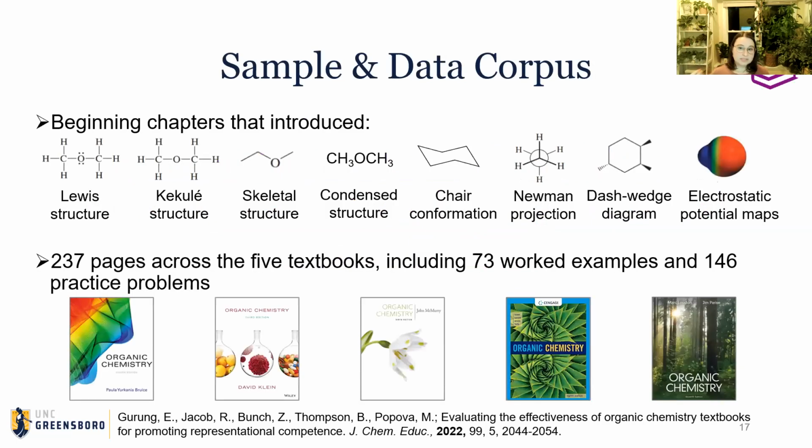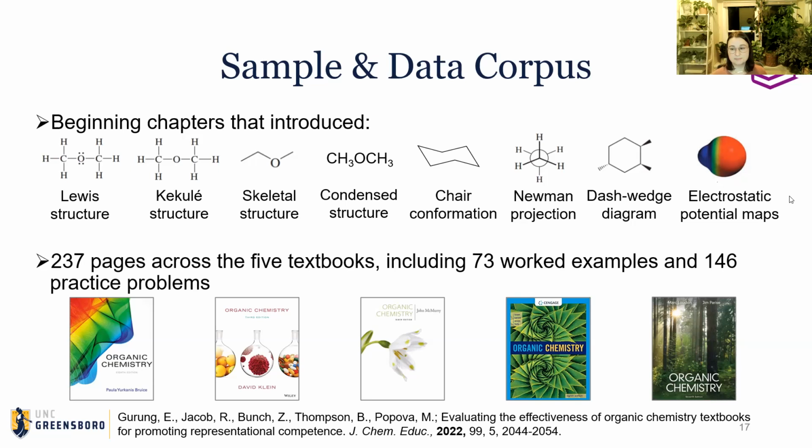So in our textbook study, we picked 5 commonly used organic chemistry textbooks, and all of these textbooks teach organic chemistry using the functional group approach. And we were interested in how these textbooks support students in developing representational competence skills around commonly used representations of molecular structure. So we have 8 different representations of molecular structure, and we were looking for all the pages in which these textbooks first introduce these representations,